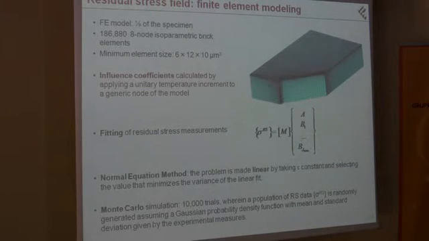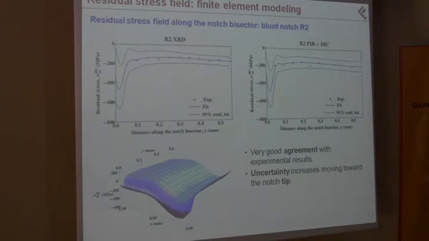Moreover, in order to take account also of the uncertainty in the experimental measure, we carried out a Monte Carlo simulation by considering a population of residual stress data randomly generated on the basis of the Gaussian probability density function of the experimental measures. In this way, we can fit